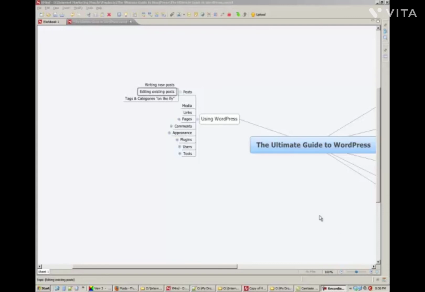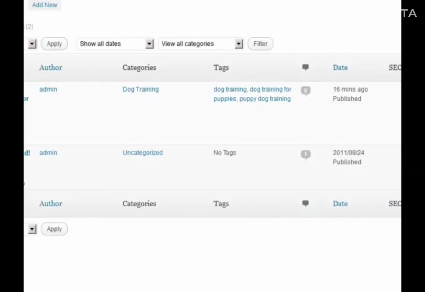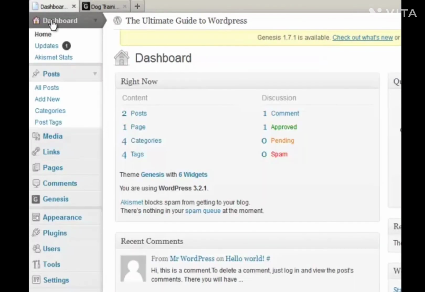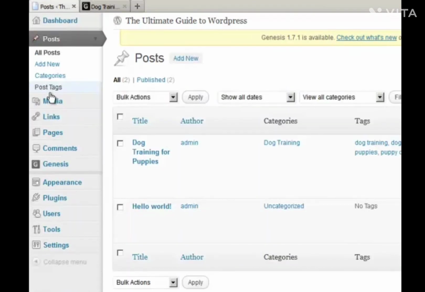Okay, the next step we take in using WordPress as far as posts go, we just finished writing a post, so now we're going to go back and edit it. So let me show you how to do that. So from your dashboard, you click on all posts, and then see how once you hover over the title of the post, a submenu comes up. Click on edit,